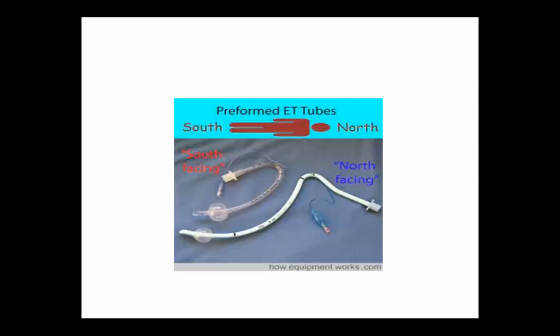Next is the preformed ET tubes. Why are they called preformed ET tubes? Because the shape is already preformed. You cannot deform that, or you cannot change the shape. So they are called preformed ET tubes. The other names are RAE tubes. The RAE tubes, Ring Adair Elwyn tubes, are an example of preformed ET tubes, and they are also called north facing or south facing tubes. The tube where the connector is facing towards your feet is called south facing. If the universal connector is facing towards the forehead, fixed on the nasal bridge and forehead, it is called the north facing tube. North facing is more commonly used for nasal surgeries. South facing is for the oral airway.